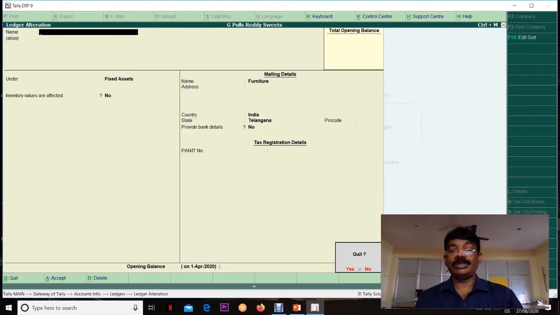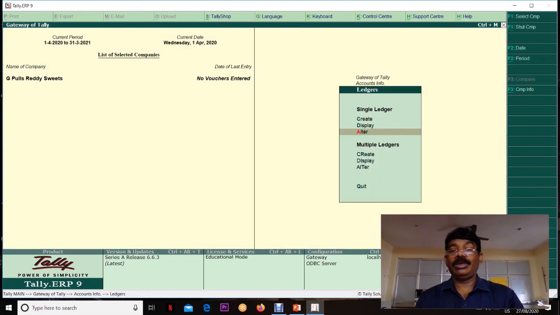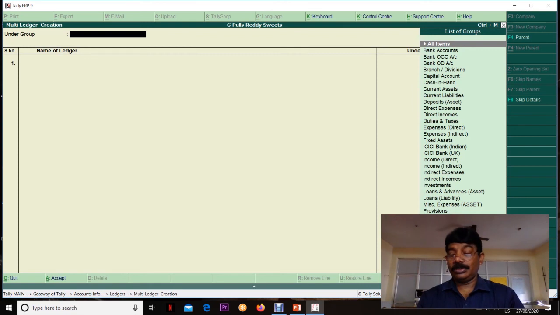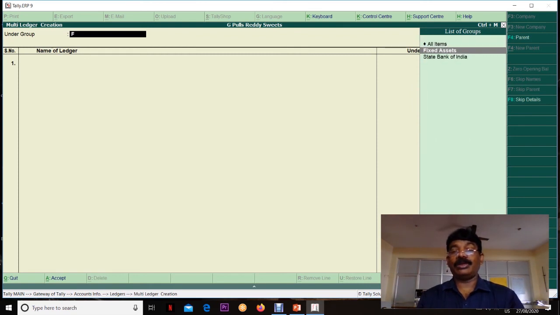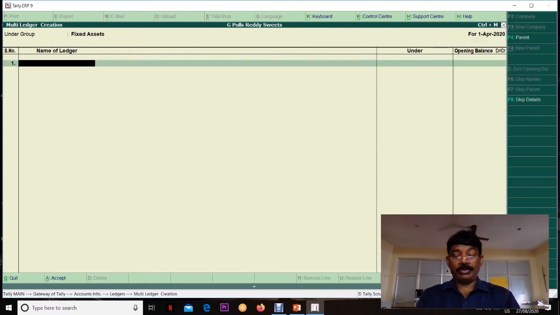Then the same ledgers we can create under multiple mode. Whenever you want to go back one step, press escape. Create under multiple ledgers, the same under fixed assets. Under the fixed assets group, I want to create buildings, machinery, and land. Here we can directly give the opening balance.